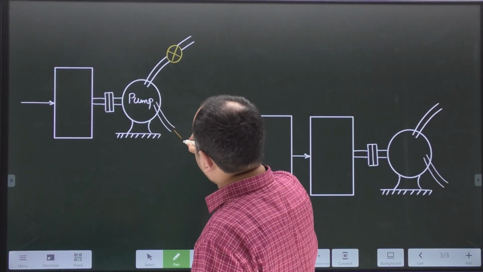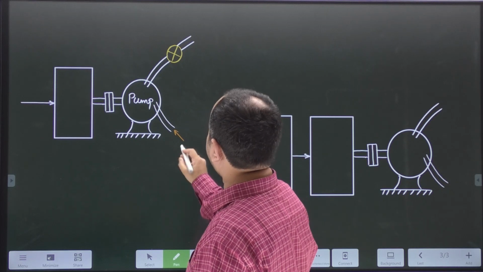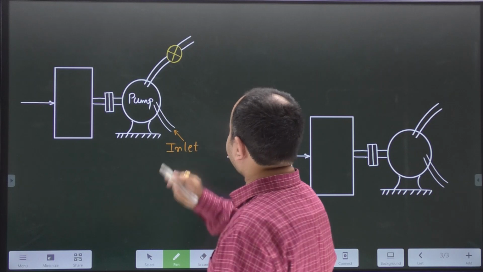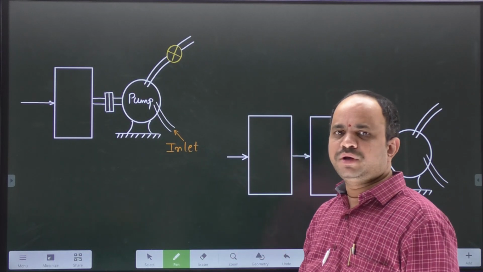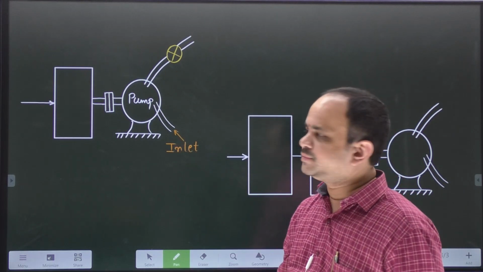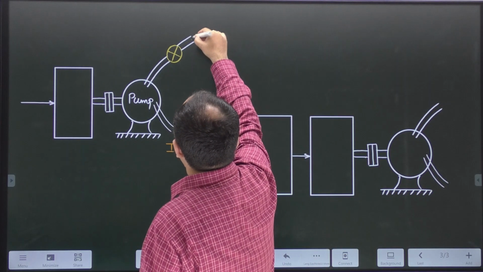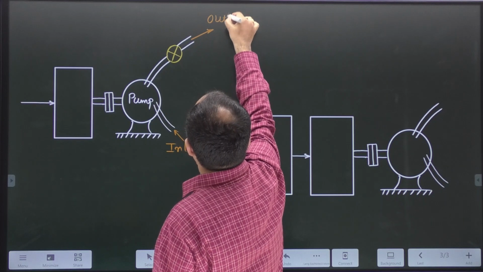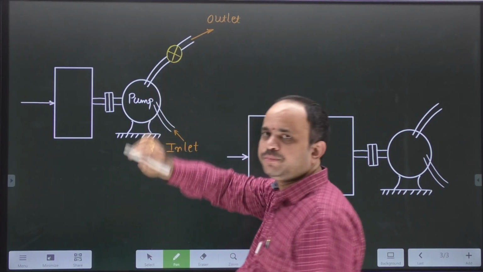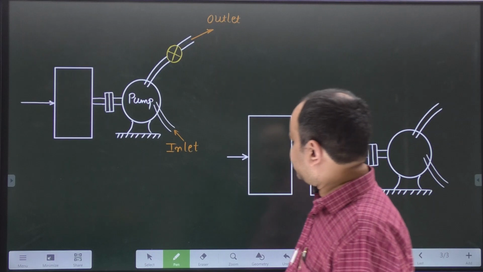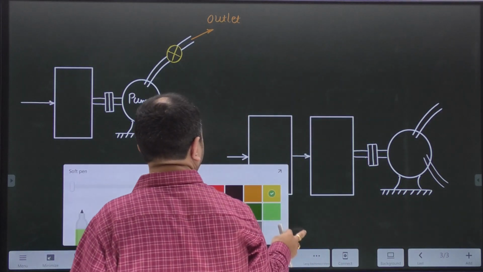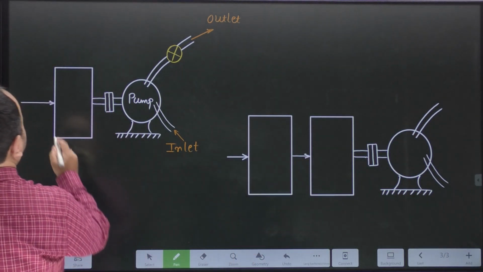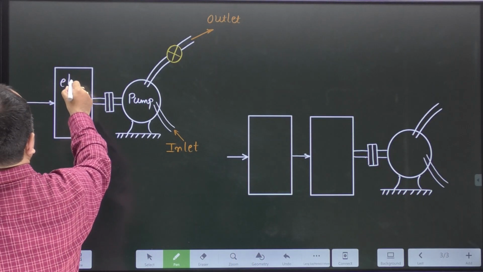To take water from ground level, let me call it the inlet position, and to control the flow of this water at the outlet position. For that purpose, this pump is driven by an electric motor,